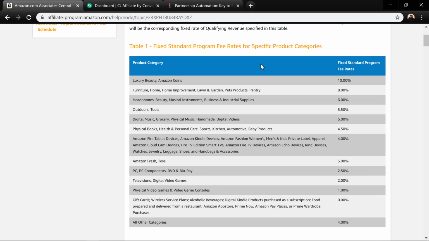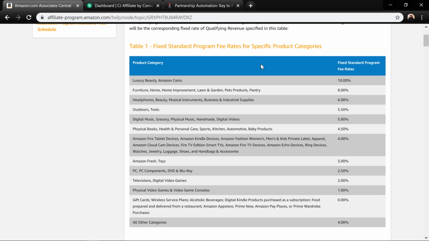For example, if somebody clicks on my Amazon affiliate link for the camera down below in the description, and if they buy anything and everything on Amazon in the next 24 hours, whatever they buy, it doesn't matter if they buy the actual camera that I linked to or if they buy something totally different. I've had people buy all kinds of weird things with my links. But let's say that they click on my link to buy a camera, and then they don't actually buy the camera. They say, I don't actually want the camera, but the next morning they wake up, it's still within that 24-hour period after they clicked my link, and they decide to buy a couch.